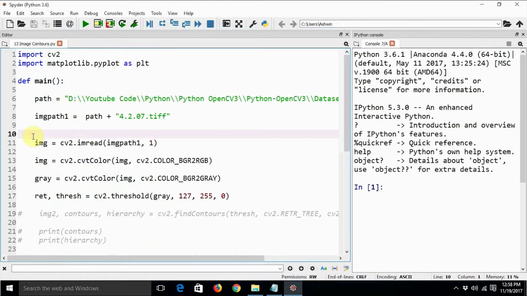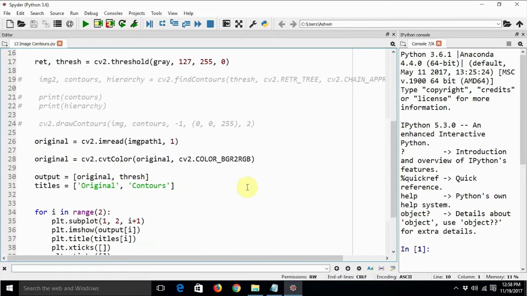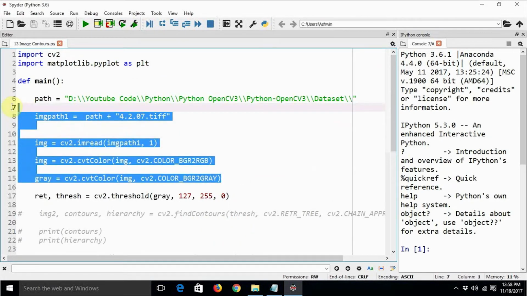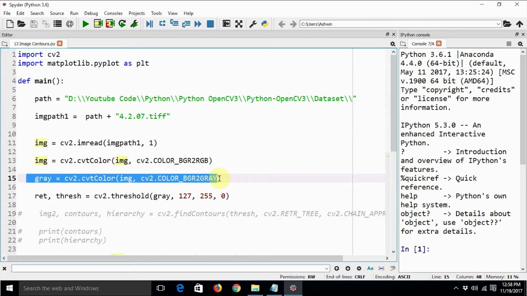I have already written the code. I am just going to explain it, because it took me quite a while to understand how these things work, and I really did not want to mess up the video recording session. The code is very simple. You are just going to learn a couple of new lines of code. These lines read an image, convert that image from BGR to RGB, and save it into a variable. Similarly, this line saves a grayscale converted image into a variable gray.